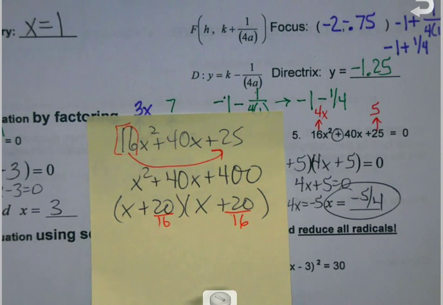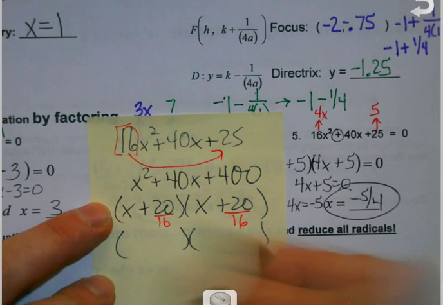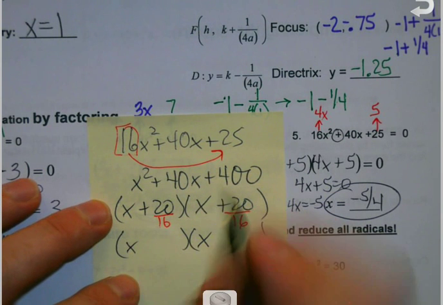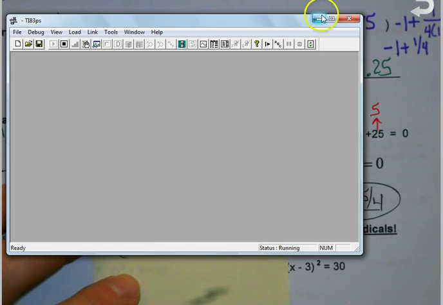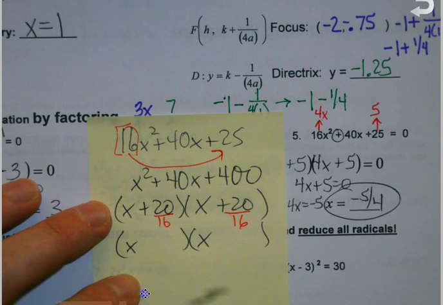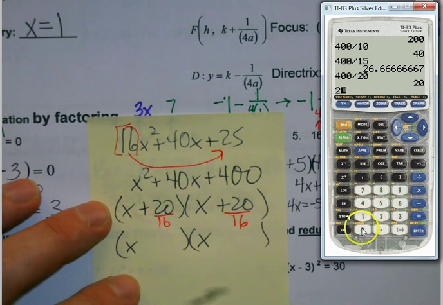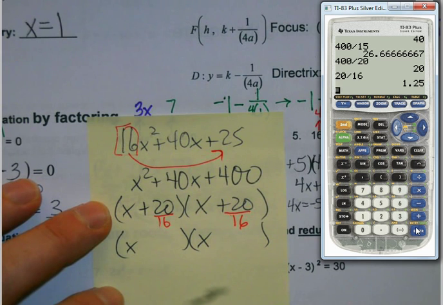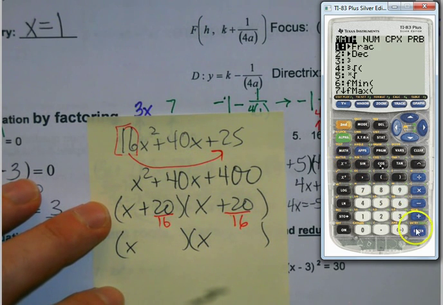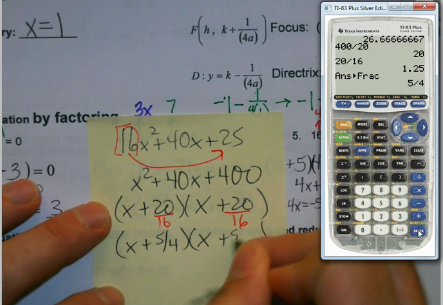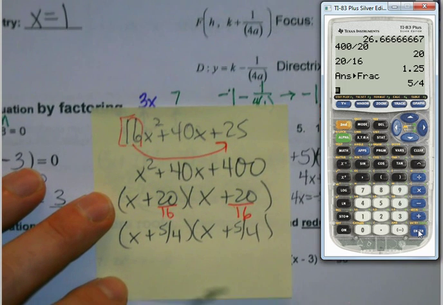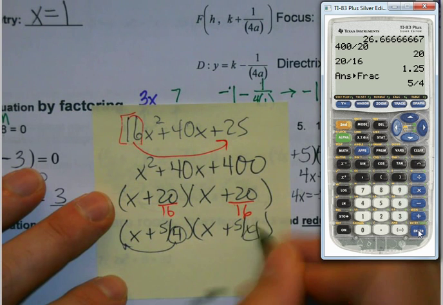You notice how long this is taking me to get done when I could have been done a couple minutes ago. Be careful, because some of you are going to do a great job up to here. Then you're going to do something boneheaded. You're going to punch in 20 divided by 16, notice that it doesn't go in nice, and just put 16 back in front. That doesn't work. Make sure, using math, enter, that you're in your most simplified form, because then when you spin it back to the front,